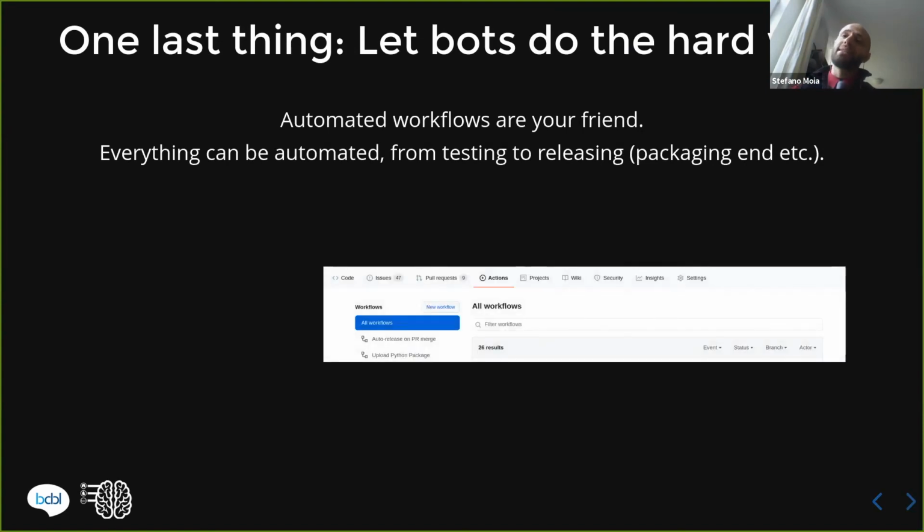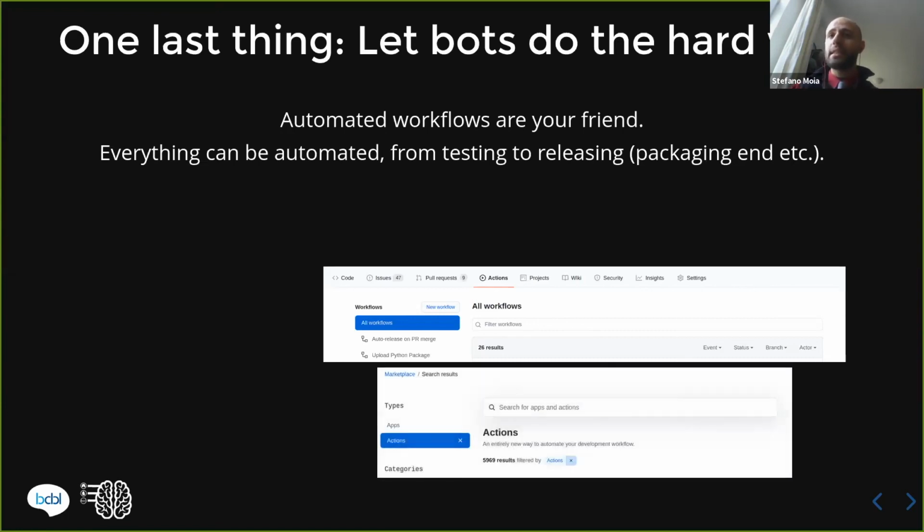GitHub has a way to implement workflows already. Workflows are basically just a bunch of code that does things for you every time a specific event happens. GitHub has actions that you can consult and check out to help you create workflows. They can also be found in the marketplace of GitHub. So maybe you're looking for something, get there and you can find a solution and just adopt it.